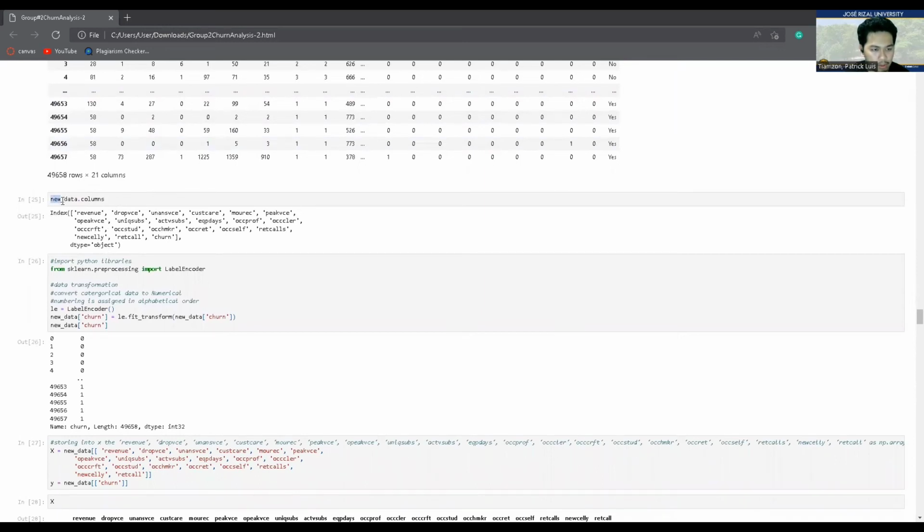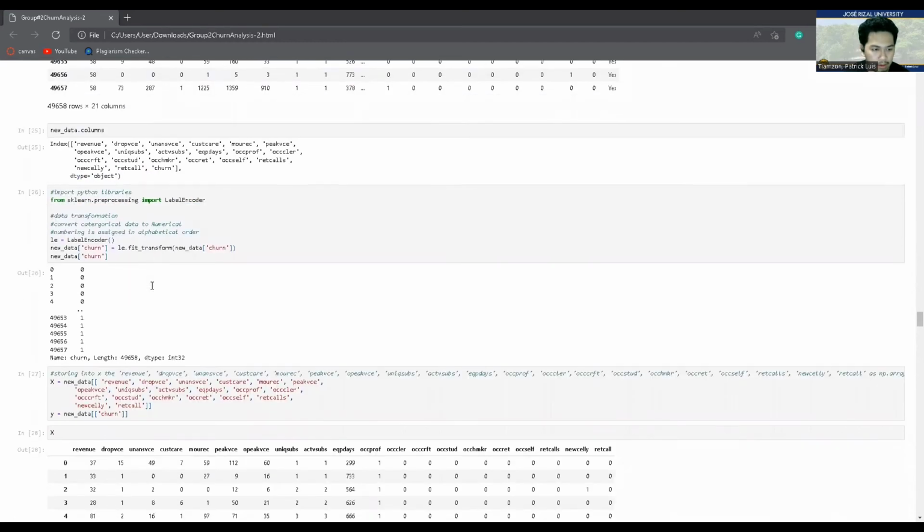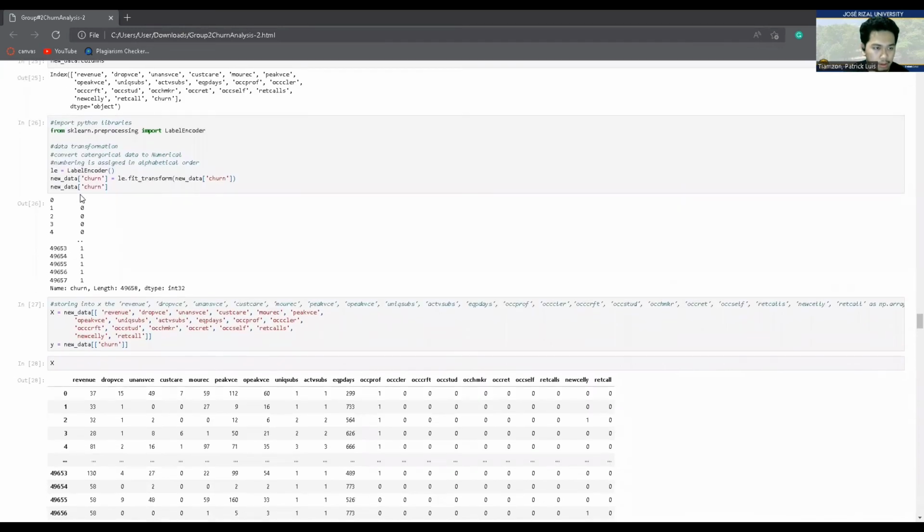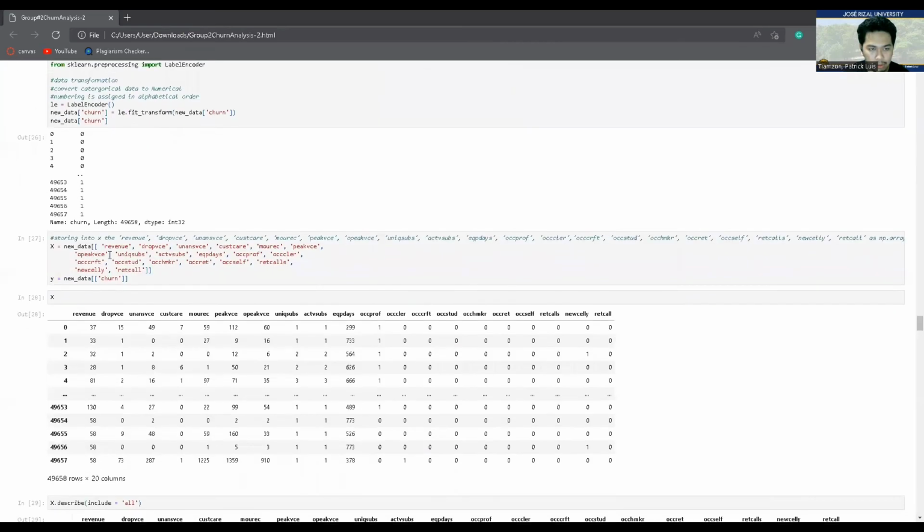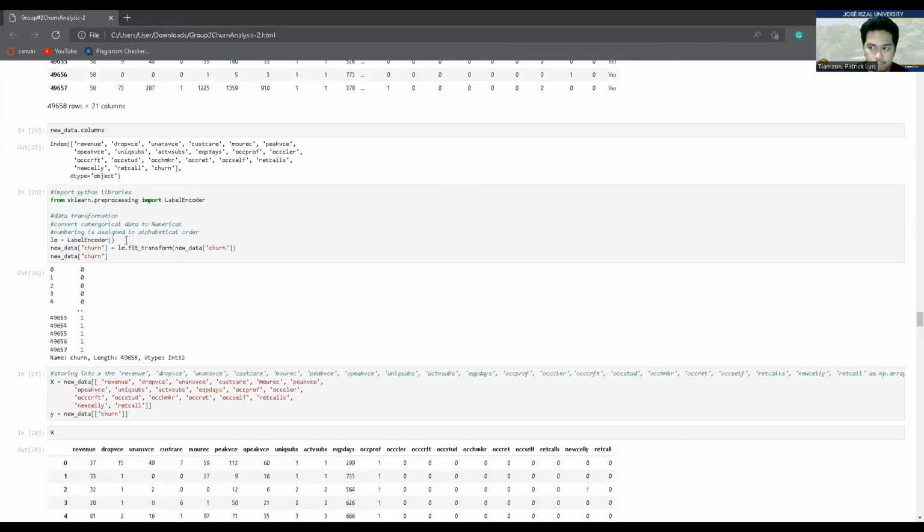So here are the attributes of the new data, and converting, as you can see at the beginning, there is a no and yes. So after we analyzed it, we changed the value.